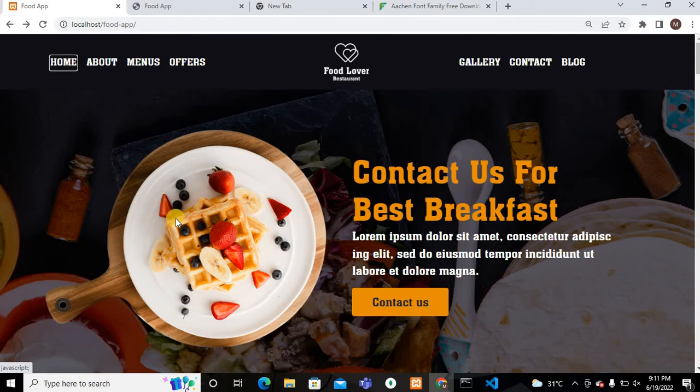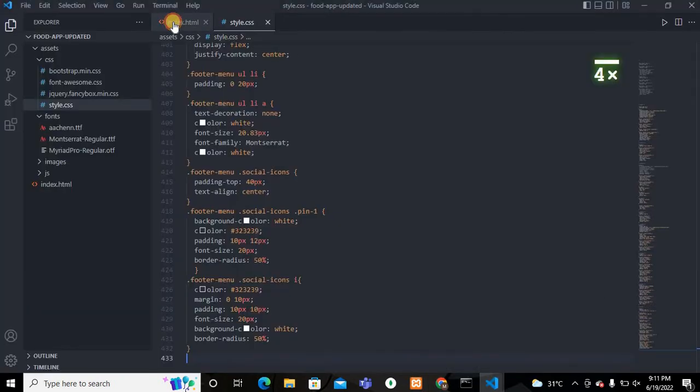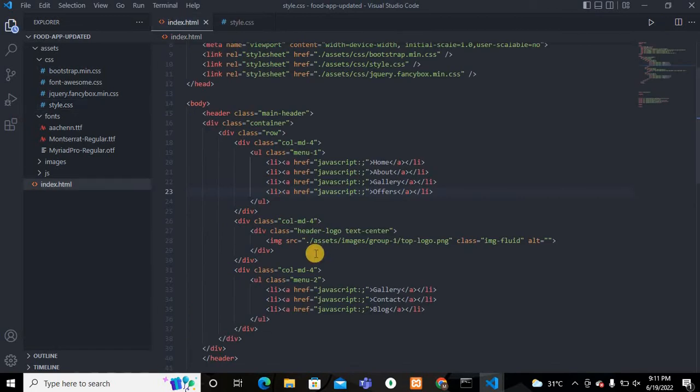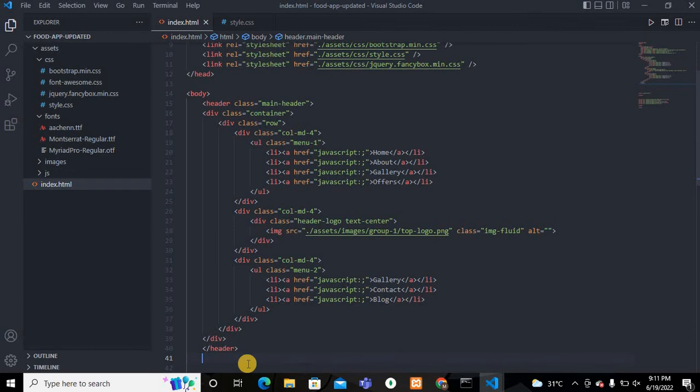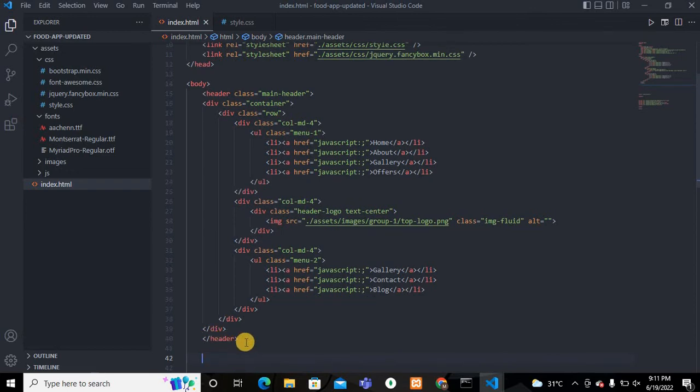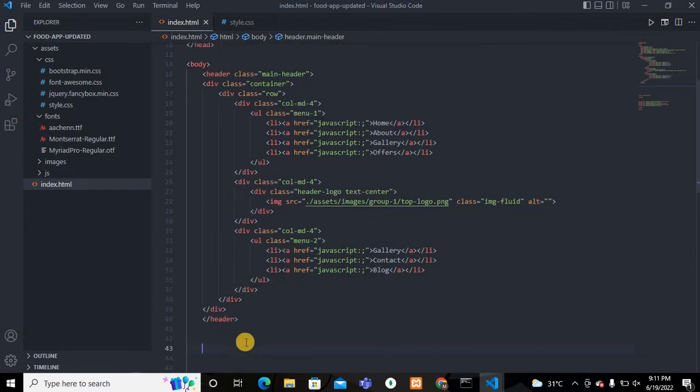In this I have used one image on the left and text on the right, and one image on the background of this banner. So move to our index.html file. Okay, so below this header I will create the div. So I will create one section first,